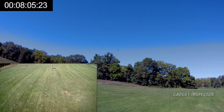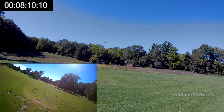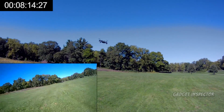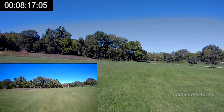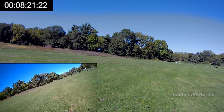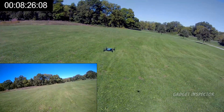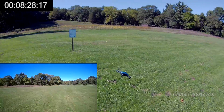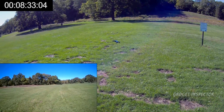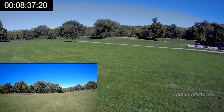Let's try some more flips. Yep, still flipping. That's one of my tests to determine how much power we still have. If the drone will still do flips, then you probably still have pretty good battery life. Once it reaches low battery, it will no longer do flips. Yeah, but it flies just fine. Now,